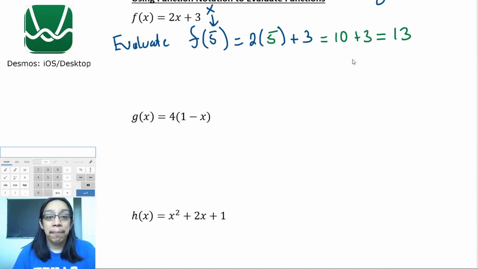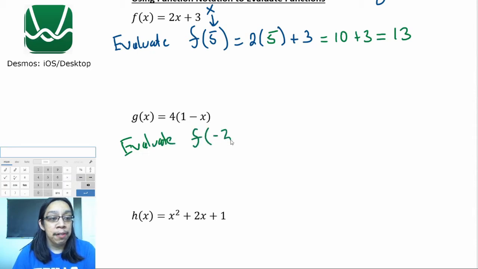Pretty easy. So whenever they ask you to evaluate something, keep this in mind. Keep in mind what number is in place of the variable, what your input is. Take that input for every variable you see in your equation, and then simplify. Let's look at another example. Let's use this second function here. G of x equals 4 times 1 minus x. Let's go ahead and evaluate